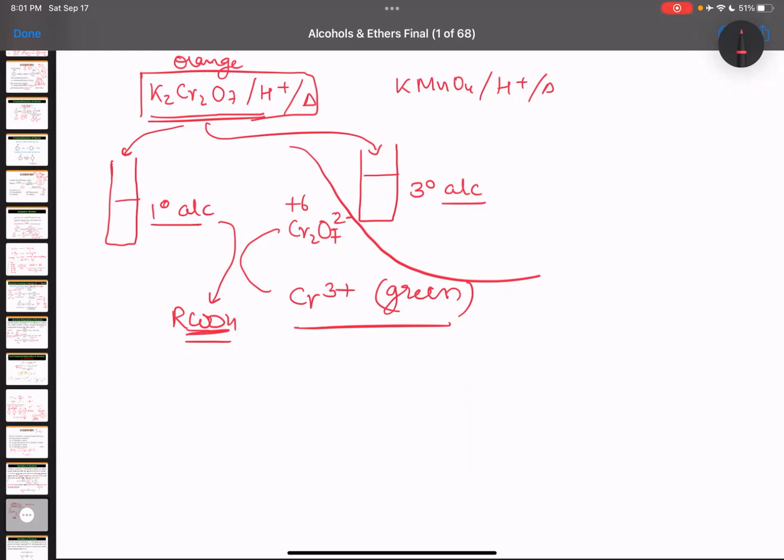Actually, KMnO4 is an intense pink purple color, and it will change to Mn2+, which is colorless. Clear. So you can test the alcohols only if one is such